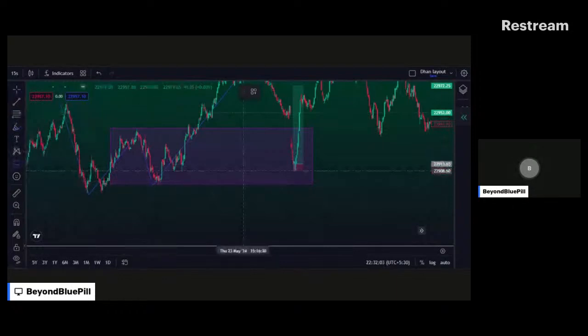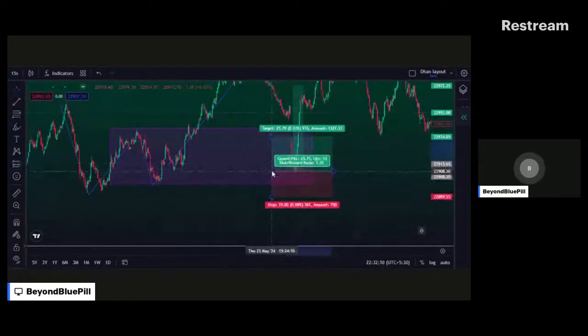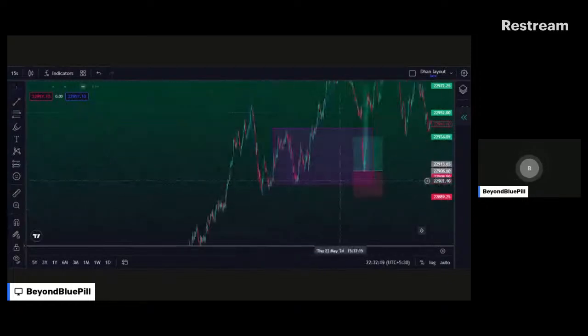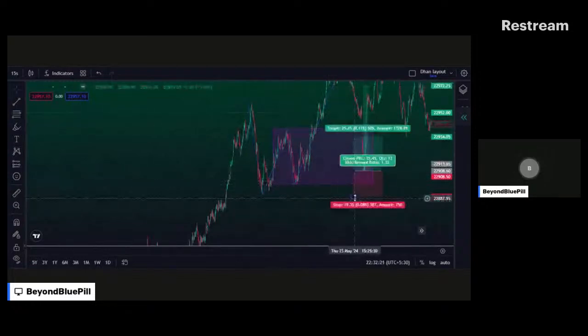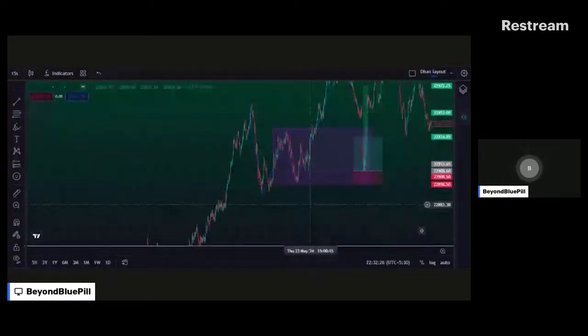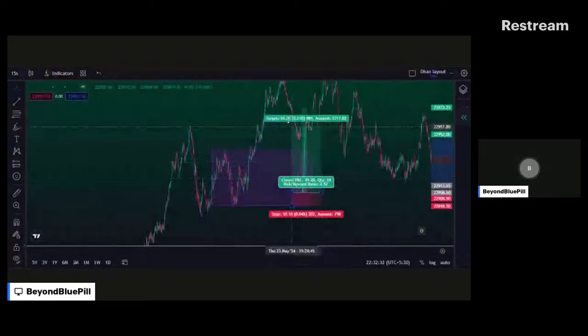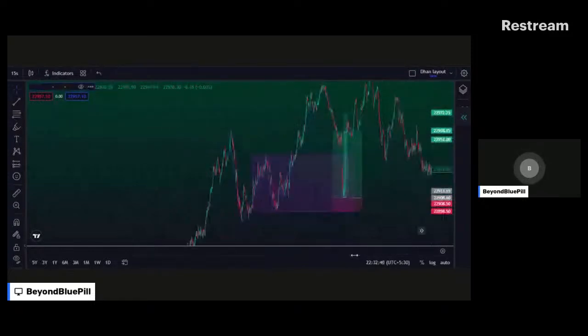So me trying to take in, let's just say price taps in here, and I'm like, yo, let me just get in here. Right? So when price taps in here and I wanted to take a trade, I probably have to wait for this. My stop loss would be this, and you see this? That's about 10 points. So if I wait for the same amount, almost 63, you know. So if I just wait,